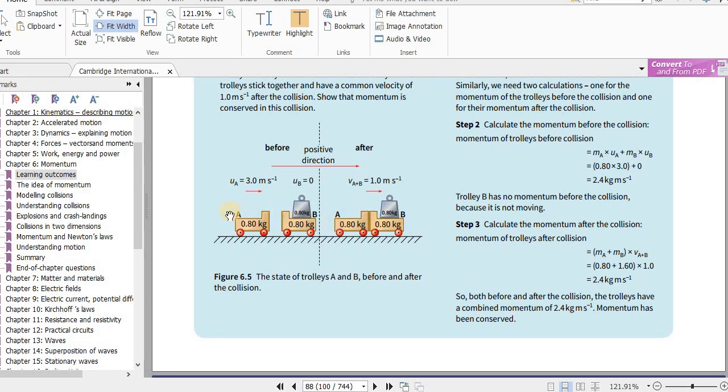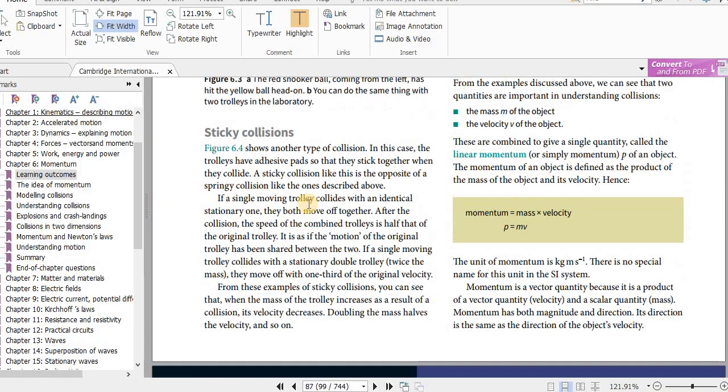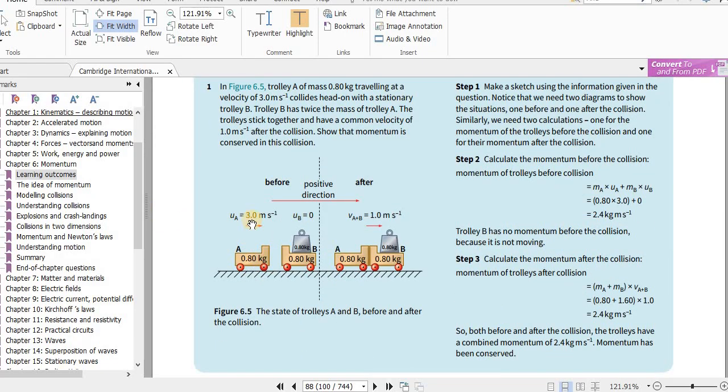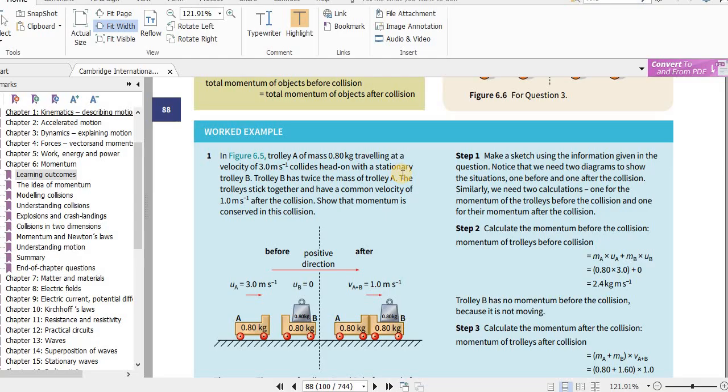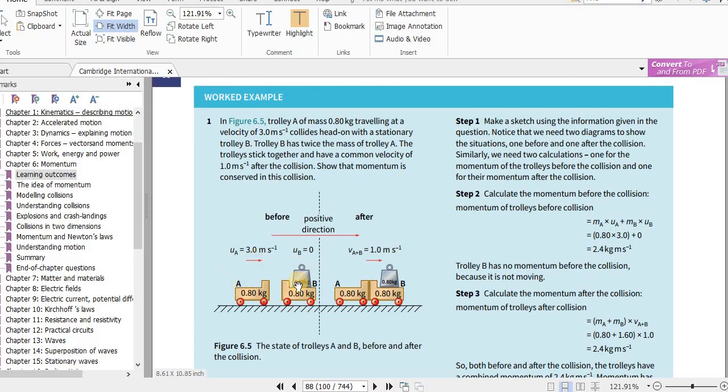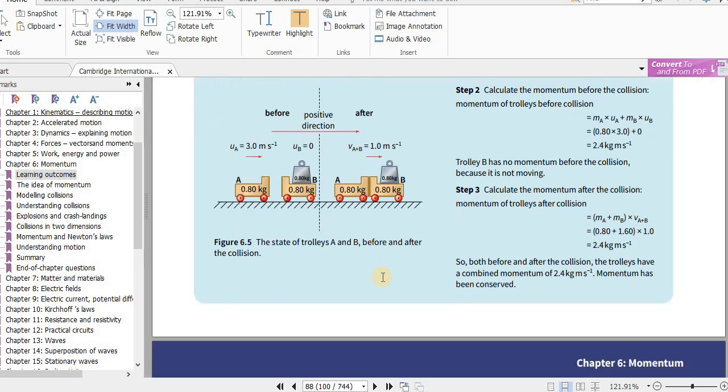So we will see the total momentum before collision is what? The mass times the velocity of each of them, right? So the mass is this, velocity is this, so we get that. And the momentum of this is 0 because it's not moving before the collision. So what happens afterwards? The trolleys stick together and have a common velocity of 1 meter per second. All of that is shown in the diagram also. So the total momentum before should be equal to the total momentum after. The total momentum after is